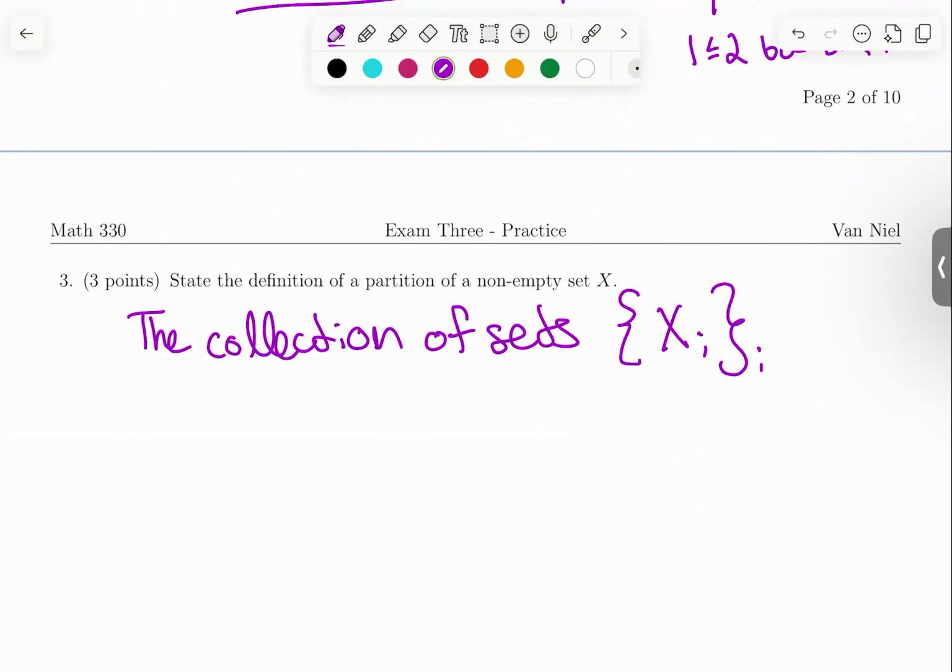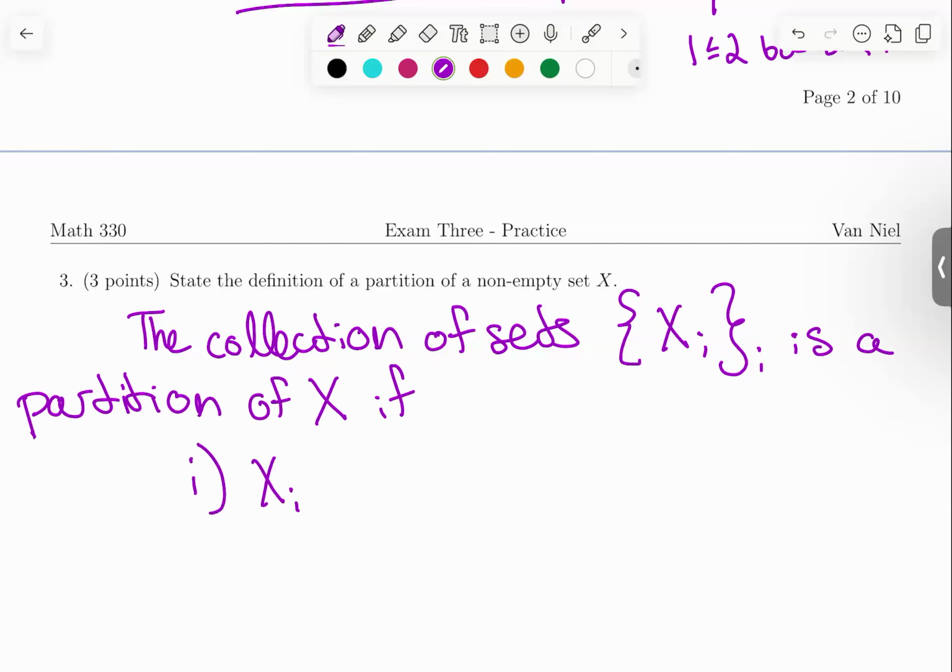Maybe it's just X in there. Maybe it's ranging over the real numbers because we're partitioning the real numbers and every single element gets its own set, X sub i, okay? Or maybe it's ranging over the natural numbers, I don't know. Is a partition of X if